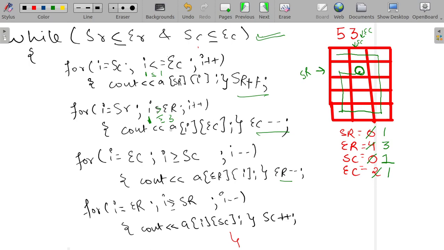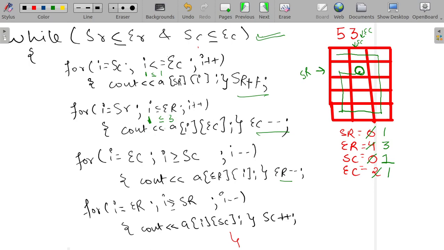Oh sorry, it should be less than or equal to. Let me just erase this and rewrite that. So 1 should be less than or equal to 3, which is true.